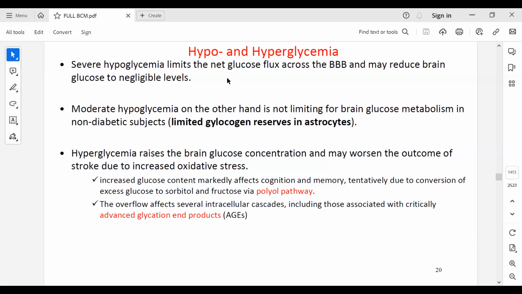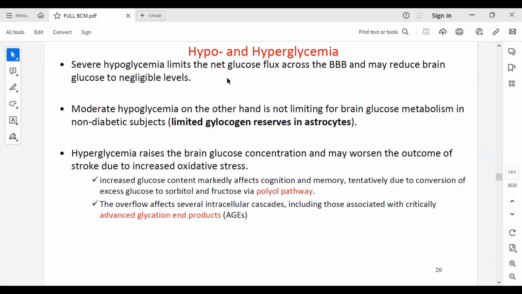But again, if it's the opposite, which is hyperglycemia, that will increase the glucose concentration, and that can worsen the outcome of stroke due to increased oxidative stress. And that's why it's not good to take soda or a lot of glucose at once, because most of this glucose